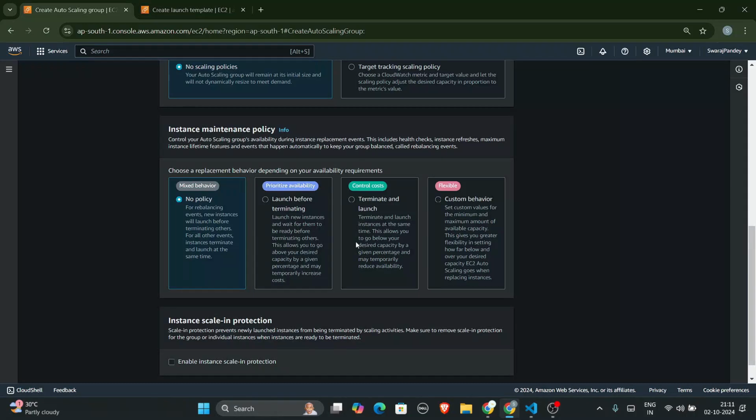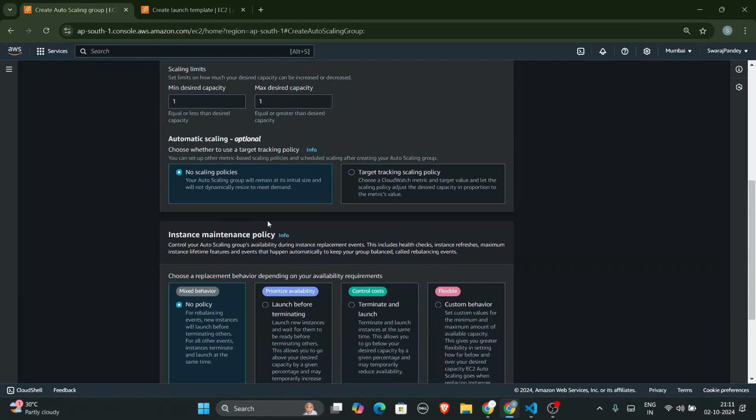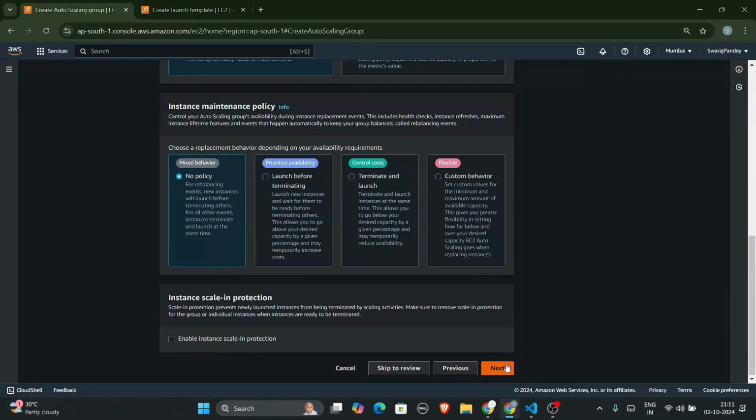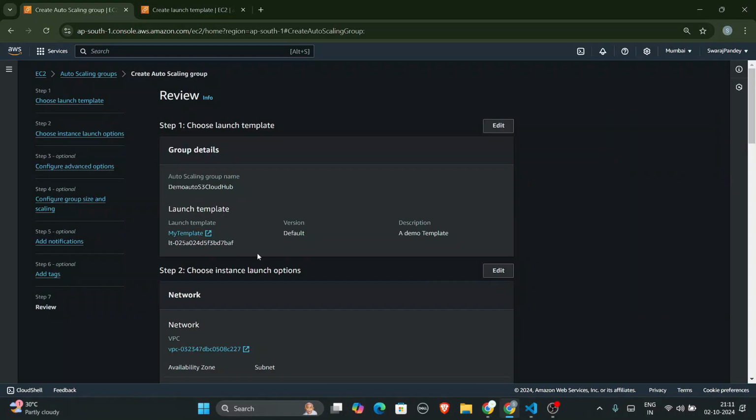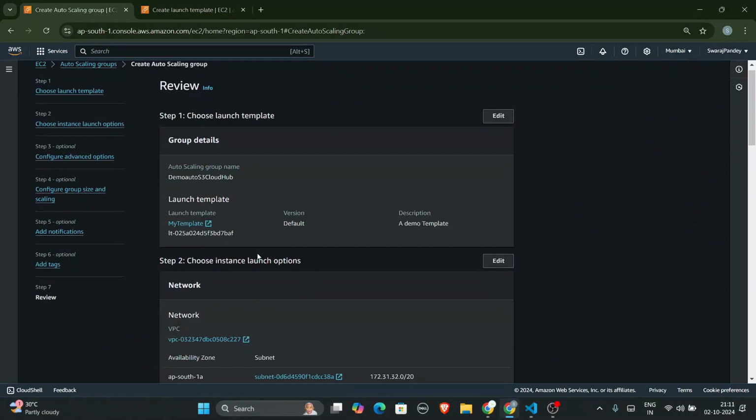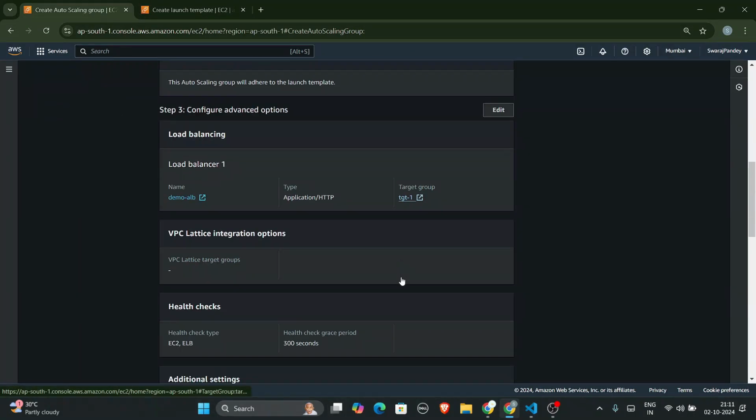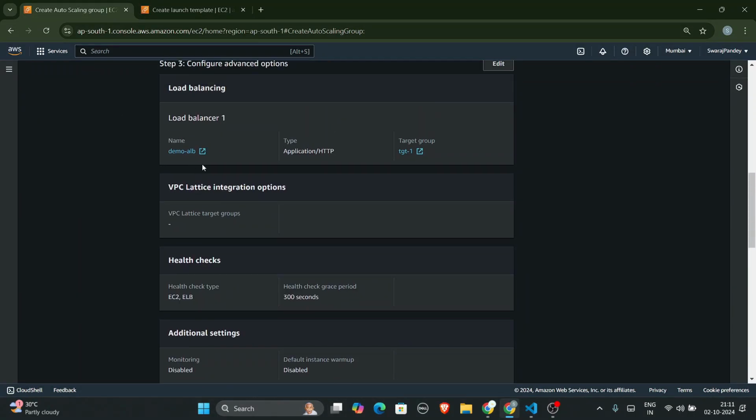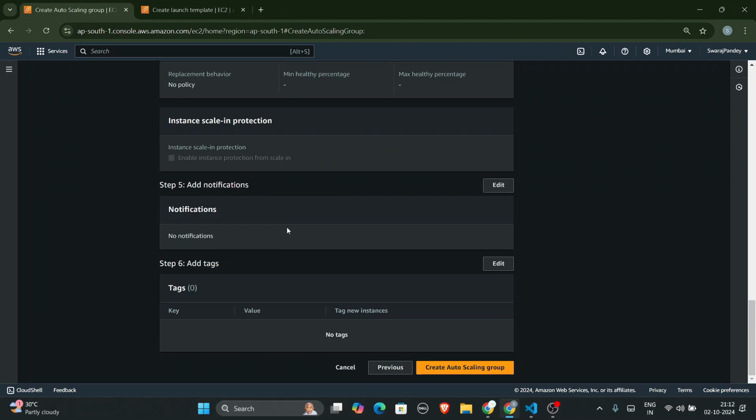No policy, launch before terminating, terminate and launch, custom behavior, I won't be selecting any of these things. You can select if you want, and yeah, that's all I want. I'll just click next, then next, then next, and let us review this one first. Network is okay. Load balancing is very good. This is my demo LB, which is my load balancer one, and this is my target group TGT1. That's it. Nice. Let's create the autoscaling group now,